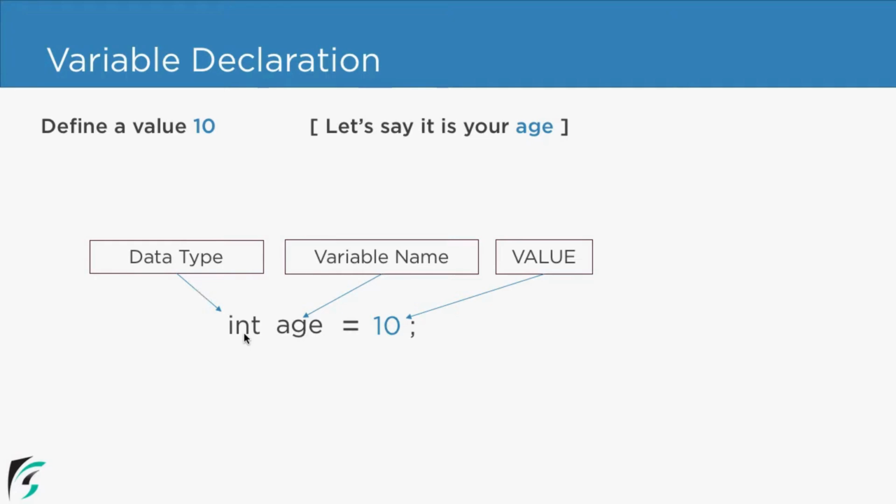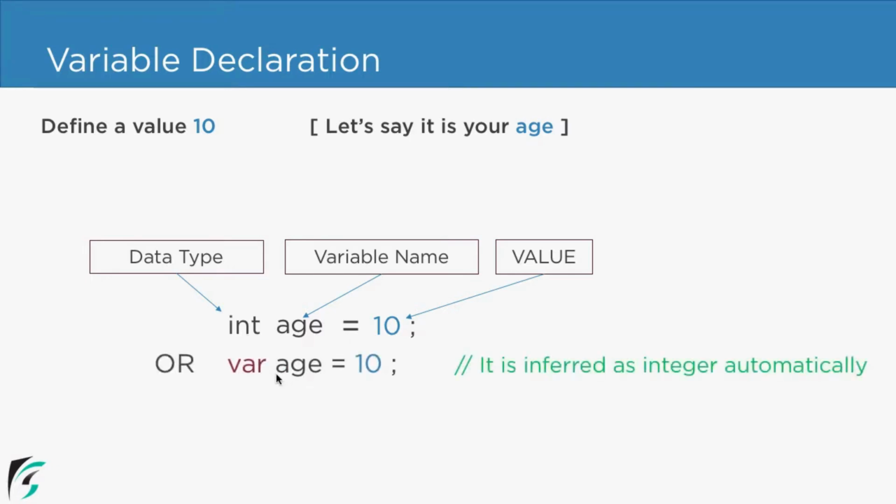Perfect. Now alternatively, in case of Dart, we have one more syntax to declare the same type of value. In this case, the syntax will be like this. We use the keyword of var age equal to 10. Now you must be thinking, how come the compiler will know this age variable is the type of integer? Because we are just using the var keyword, not the int keyword. So for that, the data type of this age variable depends on the value assigned on the right. On the right we have an integer value, so that is why the age will be inferred as integer automatically. So for this we have a comment line on the right.